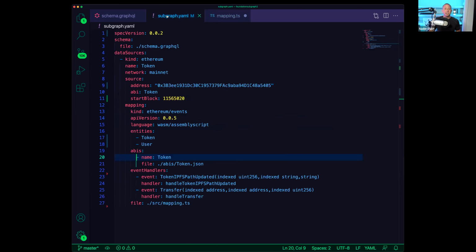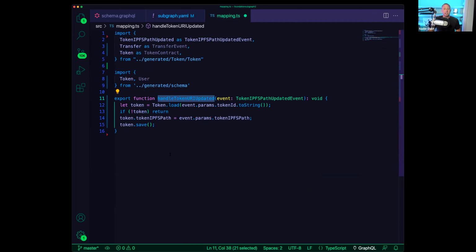If we go here to subgraph.yaml, we see that we have the first argument, which is an integer, and this is going to be the token ID. That's really the only thing that we care about. So if the token does not exist, we return.